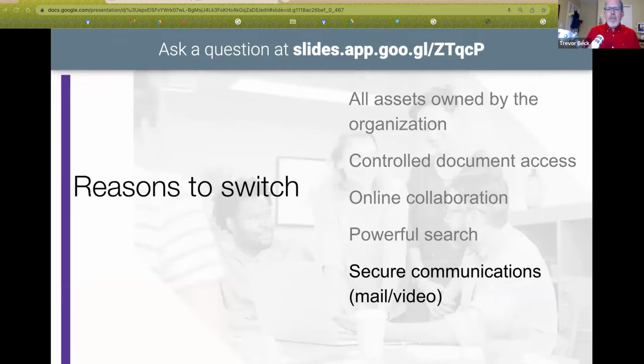Imagine communicating more efficiently. You can stay in touch with your volunteers, your supporters, and your community using the Google tools. You can create custom websites. You can have email distribution lists or secure video calls without the 1-hour limit. Most of you are probably used to using Zoom or something like that. But with Google for Nonprofit, you get Google Meet. Google Meet allows you to have video conferencing. I think the limit is either 24 or 48 hours.